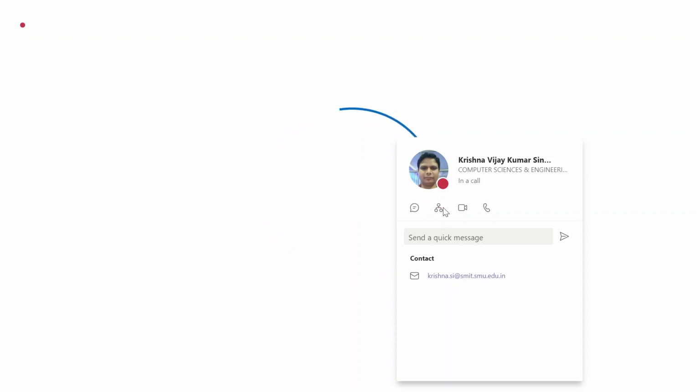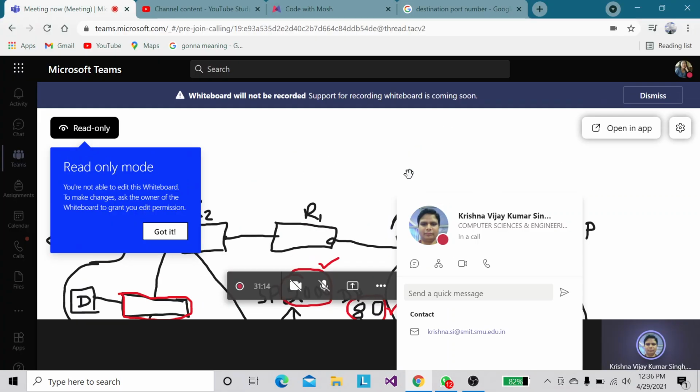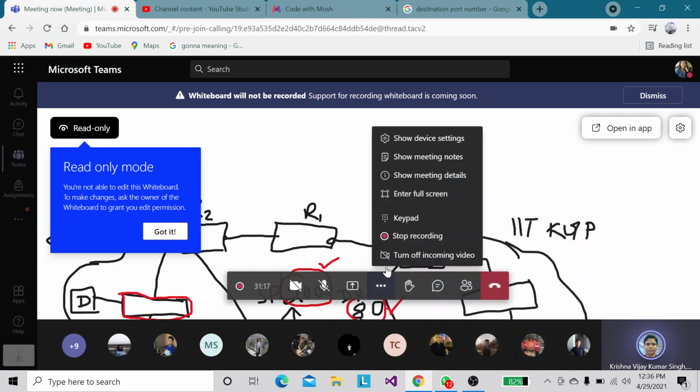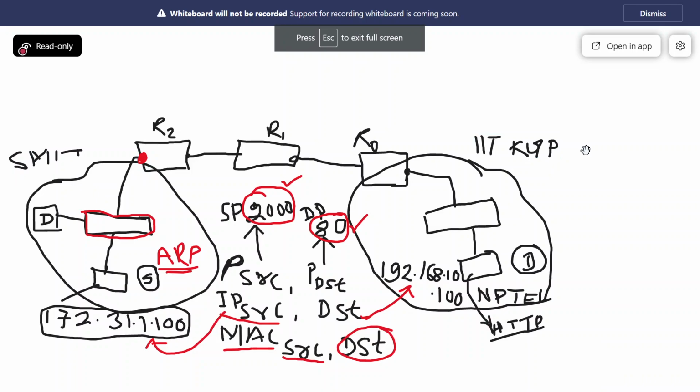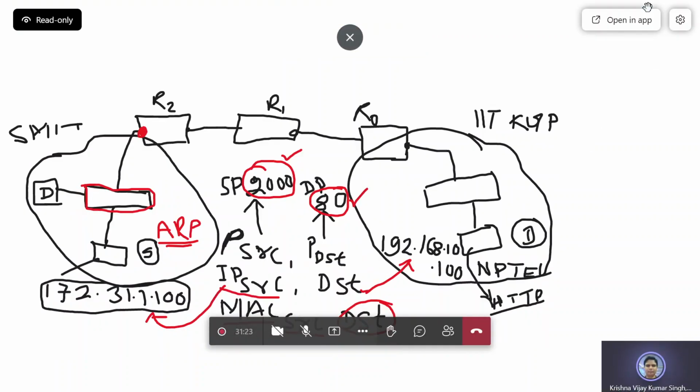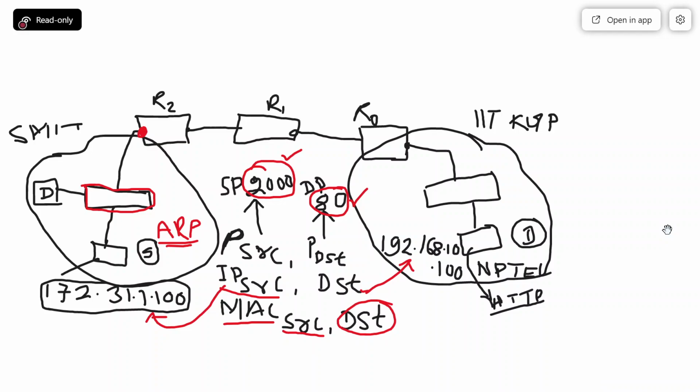Now one may ask, sir, you have not told us about the default gateway so far. Yes, because we were discussing the local LAN. In the case of a local LAN, there is no requirement of a default gateway. Now what will the default gateway be? Now I will be coming to the point. The default gateway will basically be the first address of the network which is given to the interface of the router.